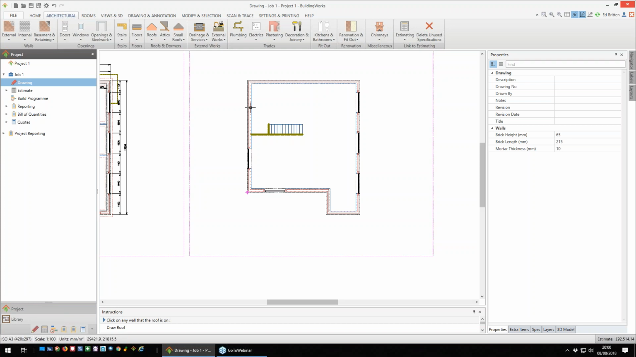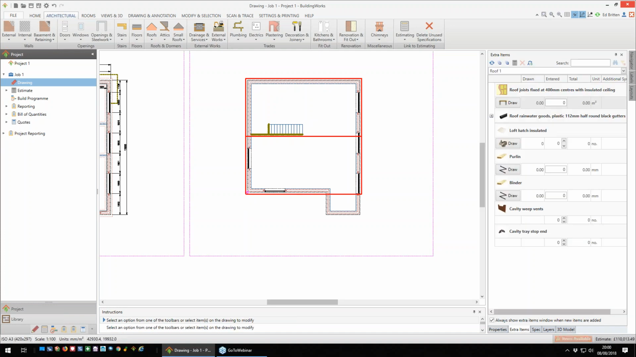And what that's doing is that's saying this is the wall plate height that we want to relate the roof to. Once I've done that, I'm now ready to start clicking my corners. So I want my first corner and my second corner, and that's going to say that this is the gable end wall, and then my third corner will then create our apex length. Okay, that's now put a roof on, and again it's giving us our extra items on the right hand side,